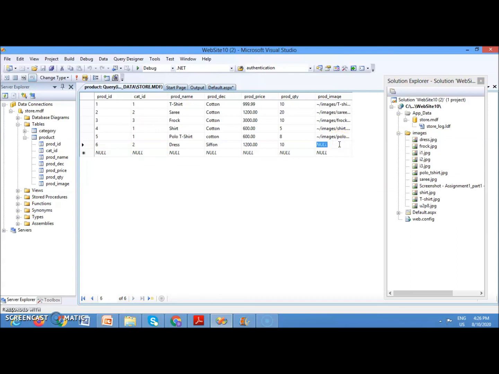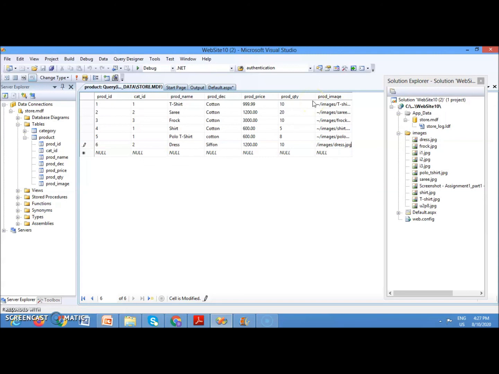And suppose for some product you don't want to assign any image, then you can leave it as null, but let us assign it, say images slash dress dot jpg. So in this way you can assign a path of the image for any product.